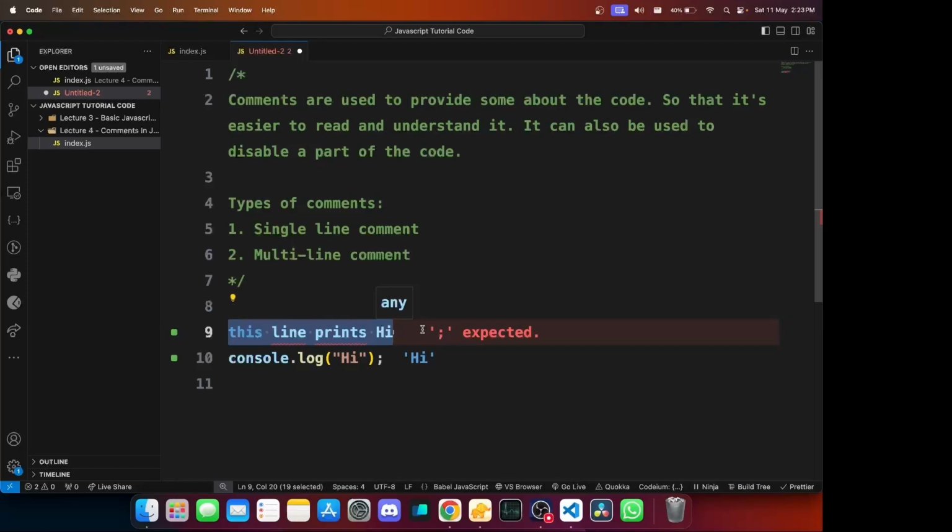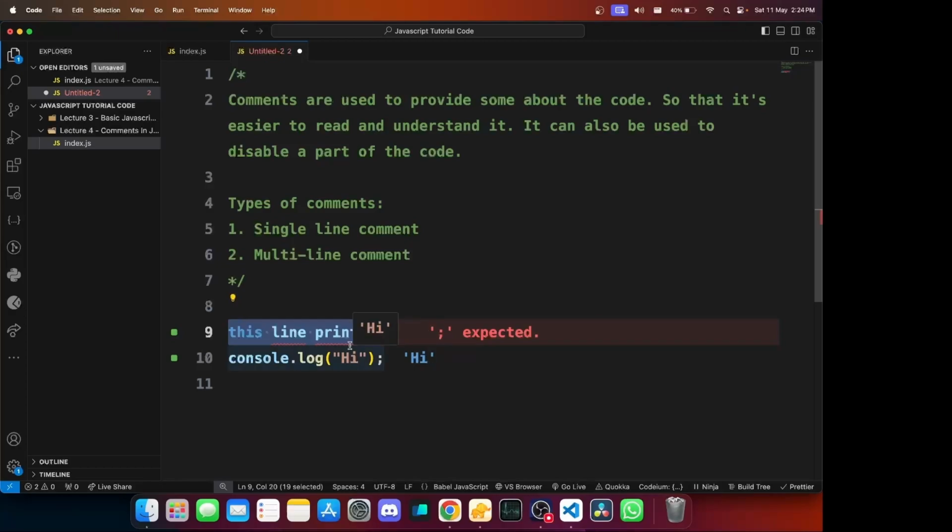And that is where comments are helpful. You need to tell the JavaScript engine, and make it understand, that the line of code or multiple lines of code you're writing is not something that it should look at, because it is not valid code, or might be valid code as well, but it doesn't matter. It should not try to execute that. It should completely ignore that part of the code. And that's where comments are useful.